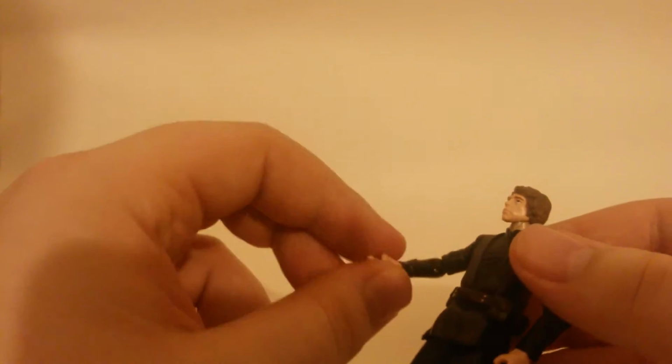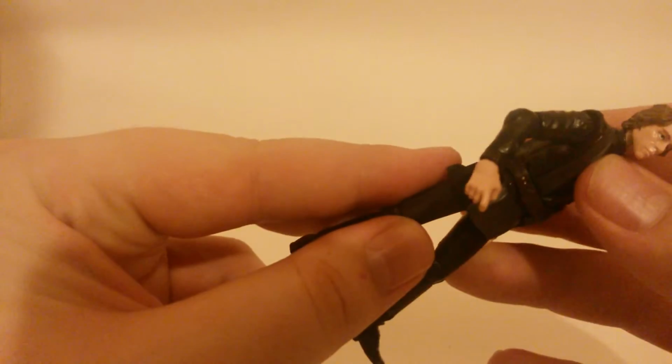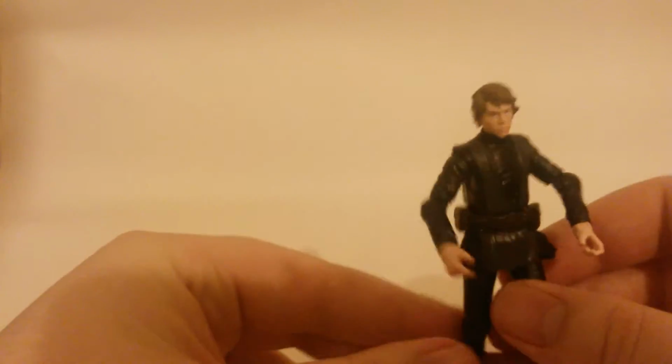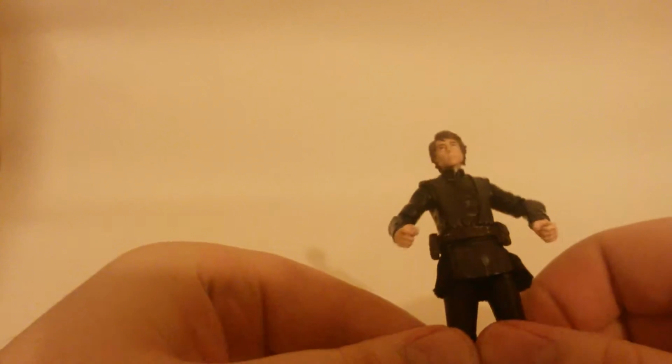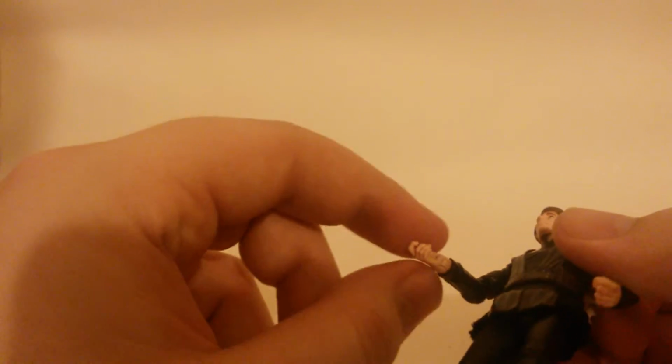I could paint that myself, but to be fair, they could have easily given him a black hand. Although this hand seems a little more deformed than that one, I think it's just due to the ball joints, because that's in a trigger figure hand, that's a holding hand, and that's a trigger hand. Oh, and he's got some cloth underneath here, which is pretty cool actually. That's one of the reasons I thought he's not from the end of episode 6, more the beginning. But I could easily paint that black if I wanted to,